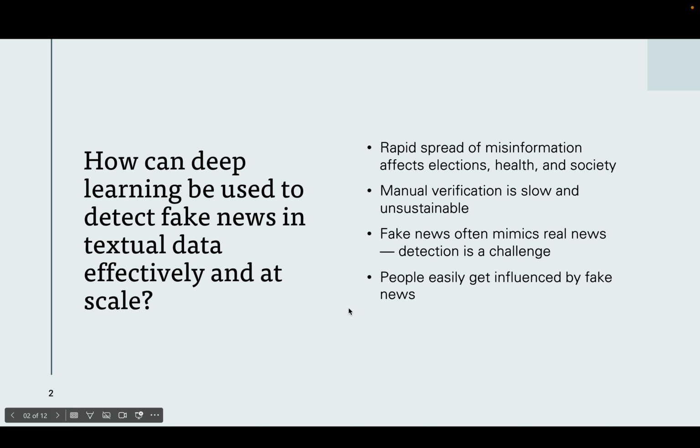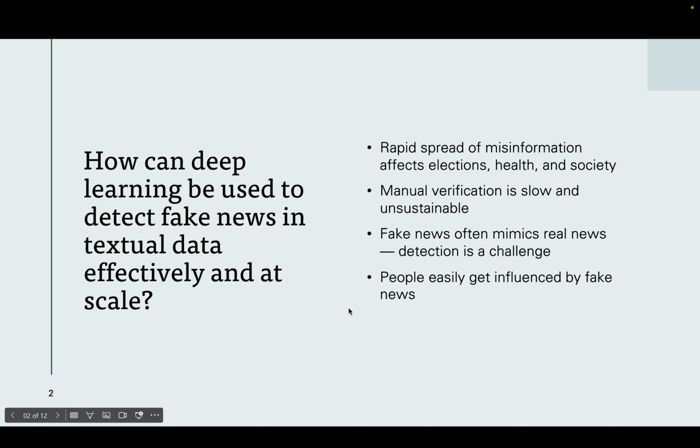Another example is politically driven fake news, such as false claims about election fraud, which can undermine trust in democratic institutions and trigger public unrest. And in recent times, we could see how fake news manipulated the stock market, which indeed made people buy and sell stocks due to the panic caused by the fake news.